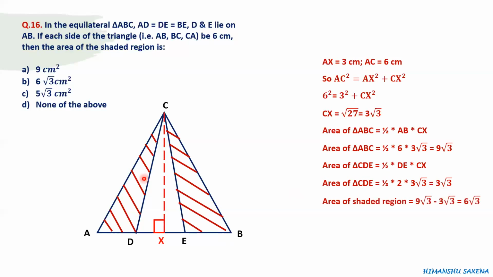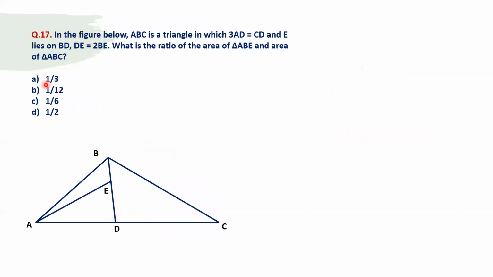So the area of the shaded region is the difference of this bigger triangle and this smaller triangle. So it is 9 root 3 minus 3 root 3 is equal to 6 root 3. So our answer is B, 6 root 3 centimeters square. Now the next question is,